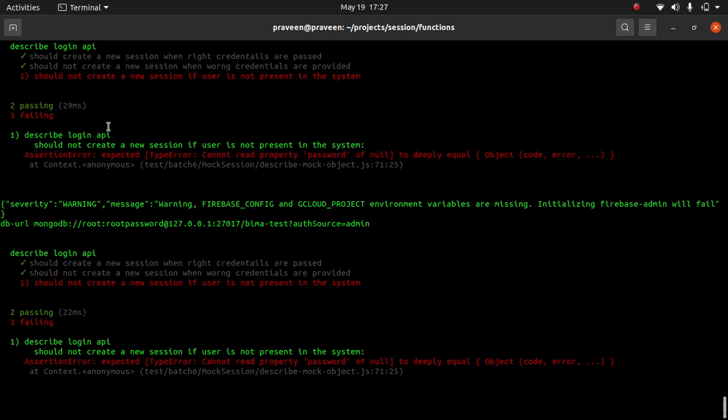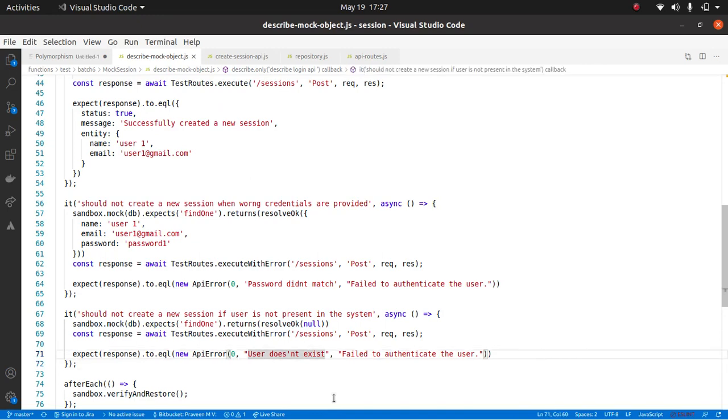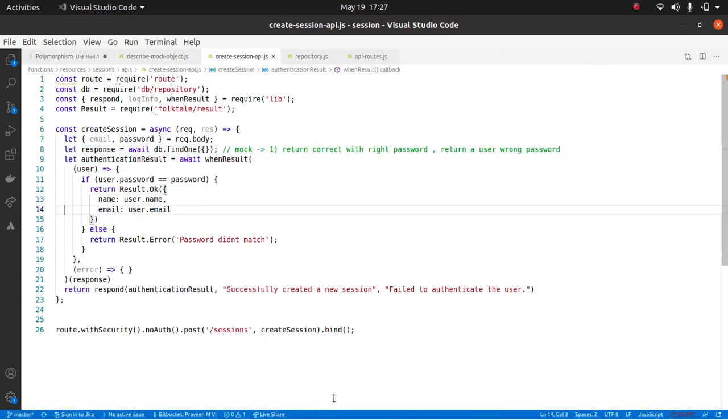So now let's see the test case. Here it is telling cannot read the property password of null. So where is it failing? It is failing in the API at line number 71, because user is null, and right now we are doing user.password.